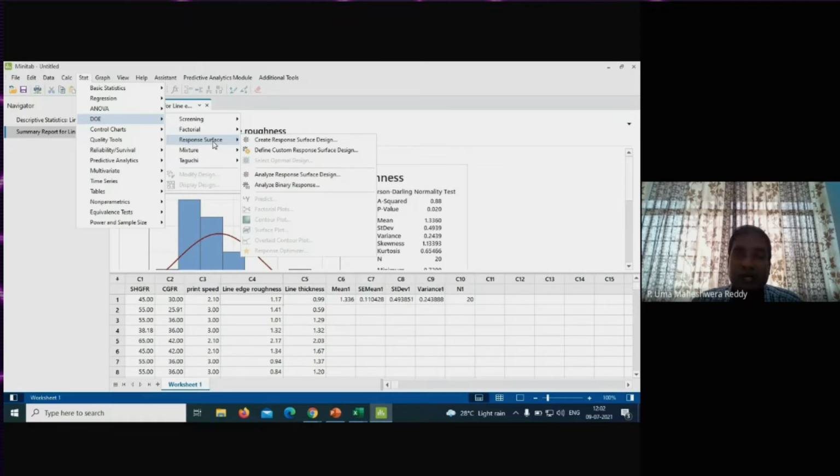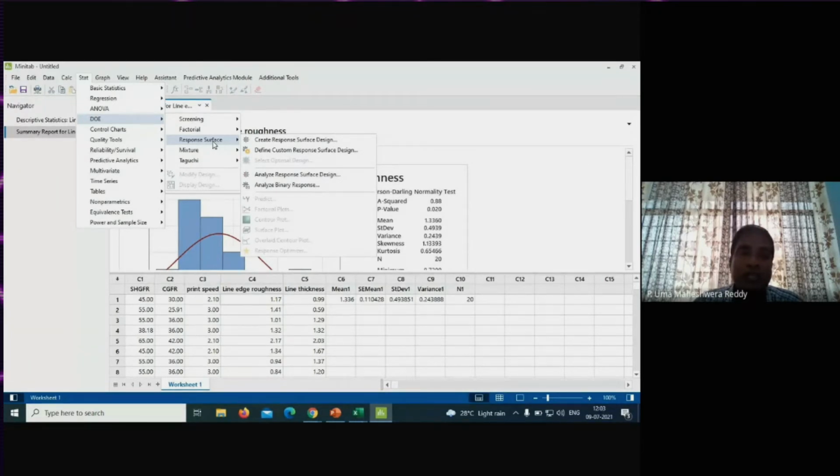Then you are going to see 3 to the power of 5 combinations, and conducting 3 to the power of 5 experiments is so difficult. It involves time and money. By using design of experiments, you can reduce the number of experiments without disturbing the process performance. For that, you have different methods. That is how we work with design of experiments.